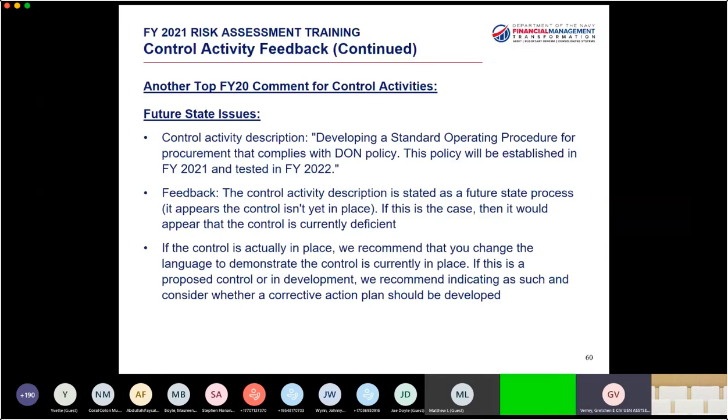It seems to be in the future state. If that's the case, it means it's really more a control that's in remediation, and we would recommend that there be a supporting deficiency and CAP associated with it. It's perfectly fine to indicate what you're going to have in place, but it should be more clear that it's still in remediation. So that's our typical feedback related to that one. Next.